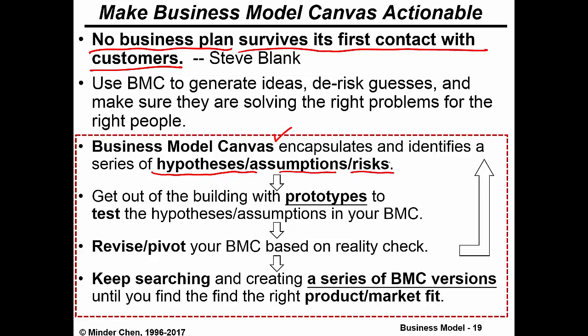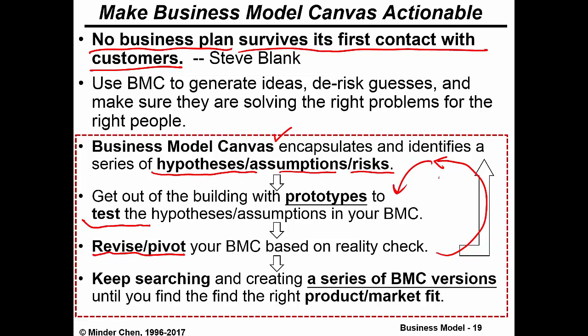Go to the customer, recruit some customers, and try out the product prototype to test the underlying assumption or hypothesis in your business model canvas. Once you get real feedback from that test, you want to revise and pivot your business model based on that reality check. So you revise your business model with a new set of hypotheses and assumptions, and then you revise your prototype or minimum viable product, and go out to test it